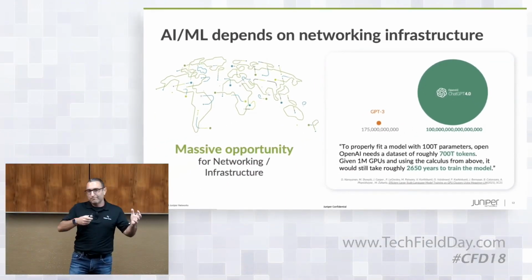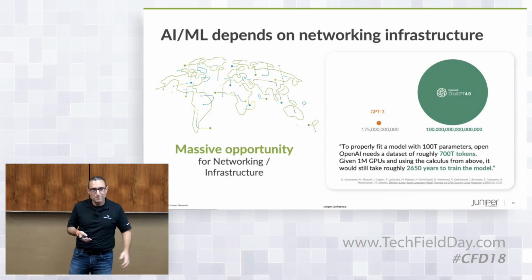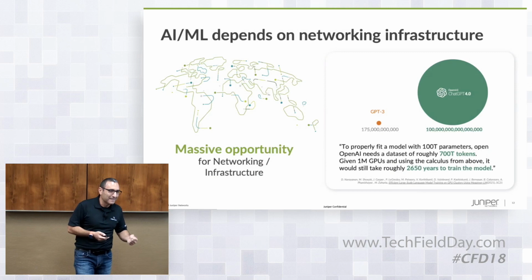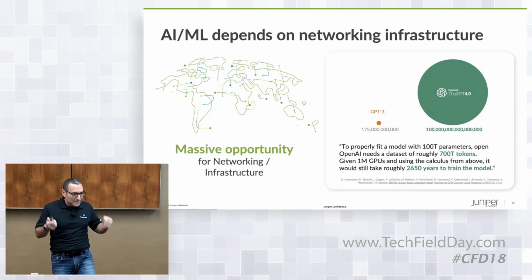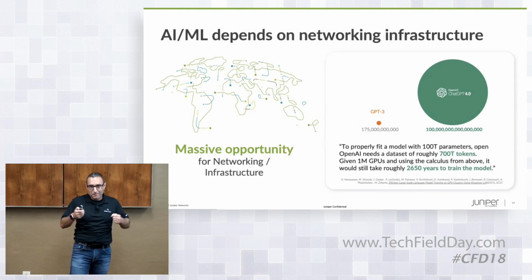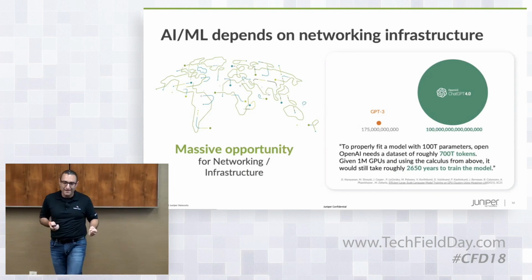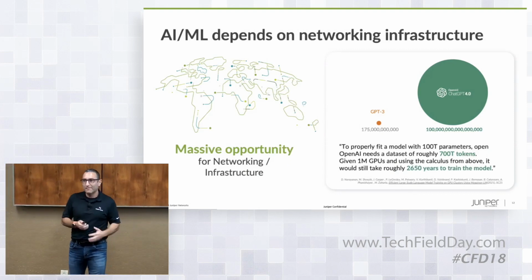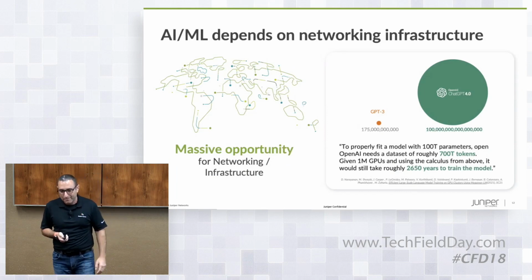And at the end, of course, AI is going to have a large value chain. There's going to be lots of opportunity for everyone. But one thing that is 100% clear is that at the end, we're going to need infrastructure. Infrastructure is going to be the guaranteed benefactor of AI. Not just the GPUs, but also the network. We're going to need to reinvent the network to support these AI applications.